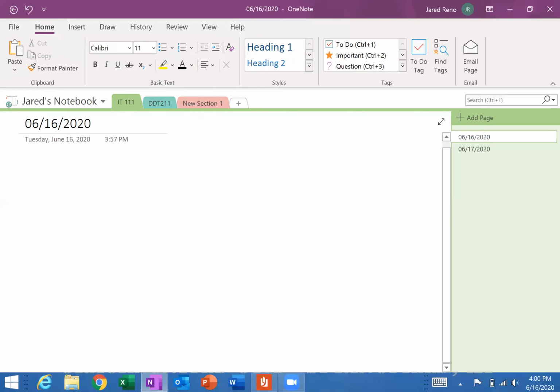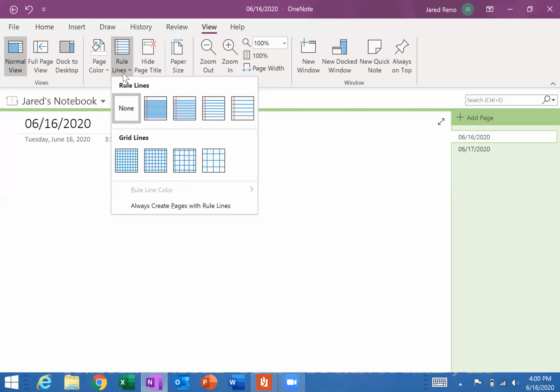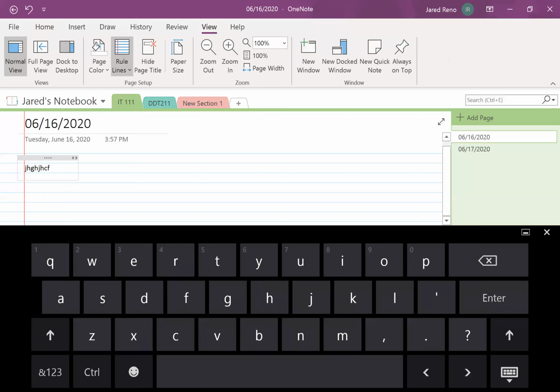But I personally don't like this just blank white screen. One, it hurts my eyes. Two, it's a little intimidating in my opinion. So I always go to my view, and then right here on page setup, ruler lines, you have all different types of options. So you can make it look like a piece of paper, which students love, makes it look familiar. Generally when you click right in between the line and then you hit enter, it fits perfectly on those